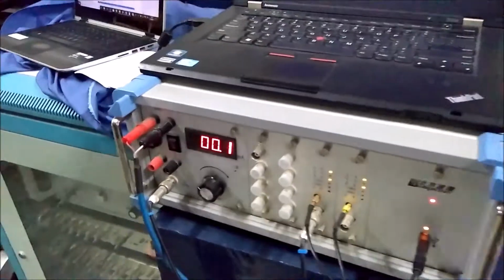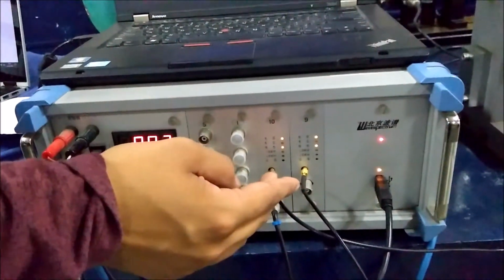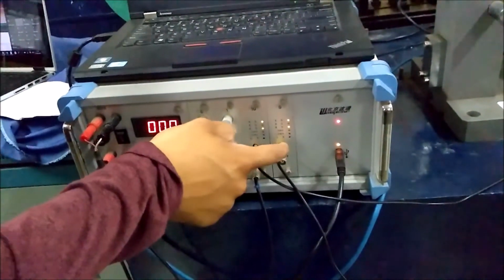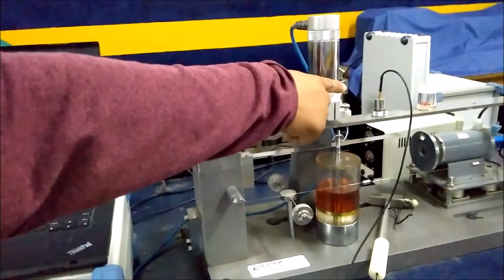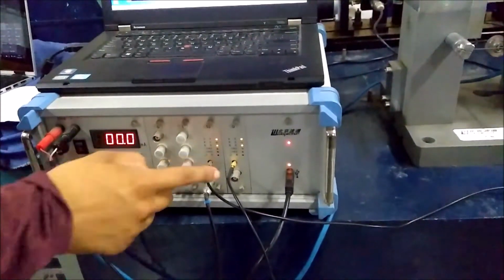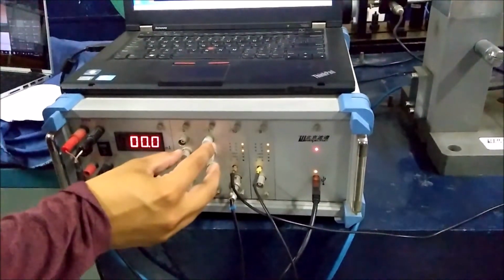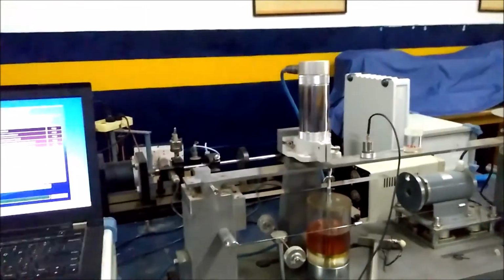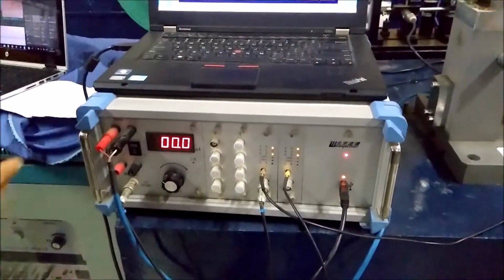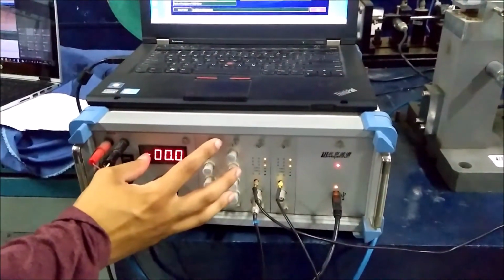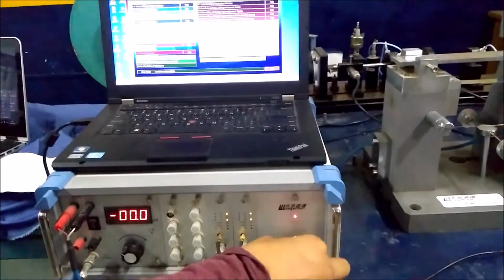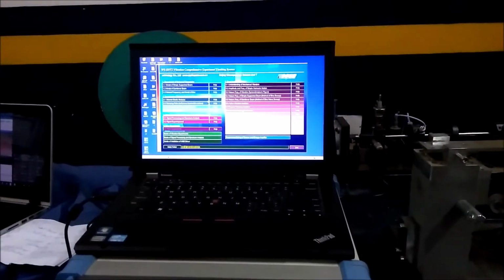Then coming to the electronics part of the system, here we have two charge amplifiers which are used for powering the impact hammer, which is connected to channel number 9, and the piezoelectric accelerometer, which is connected to channel number 10. These here are AD channels. They run on voltage input, and this gives power to the exciter which is connected here. In this experiment we won't be needing this part of the system. We are just concerned with these two charge amplifiers, and this is for the USB connection with the laptop.